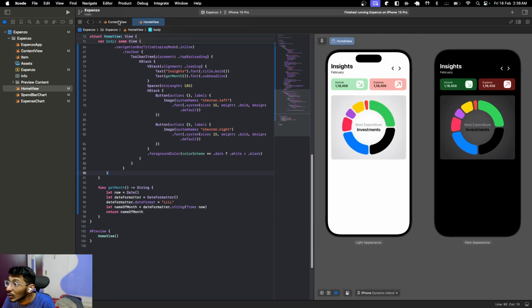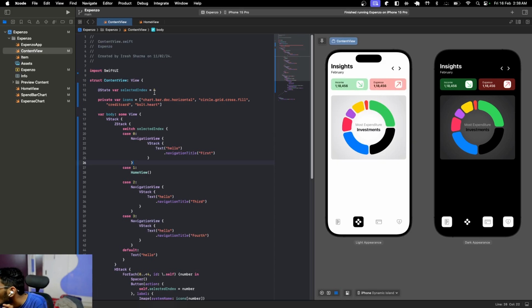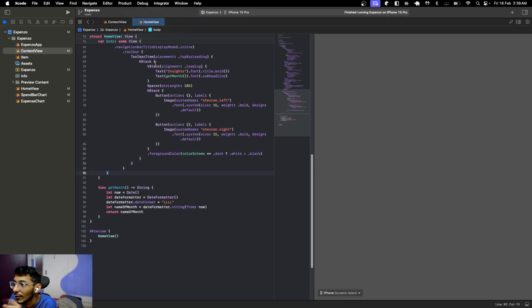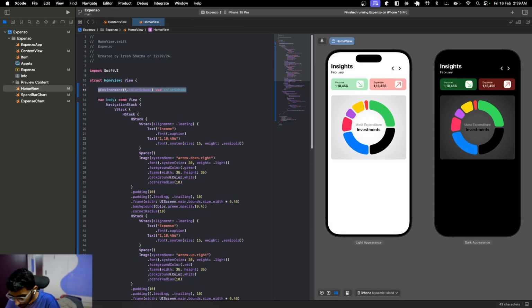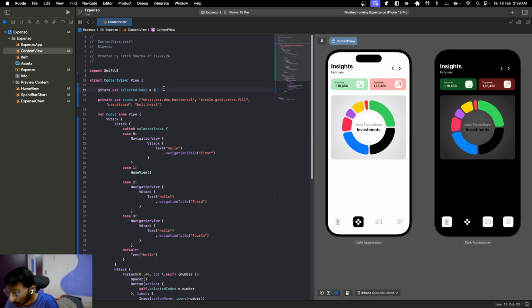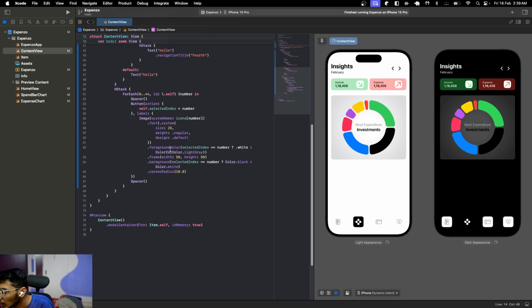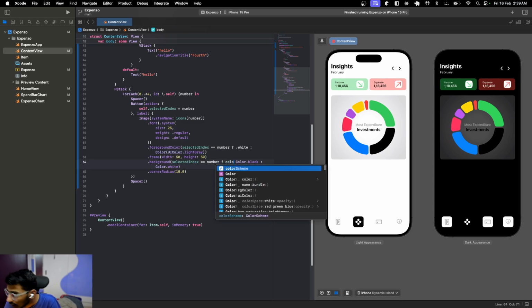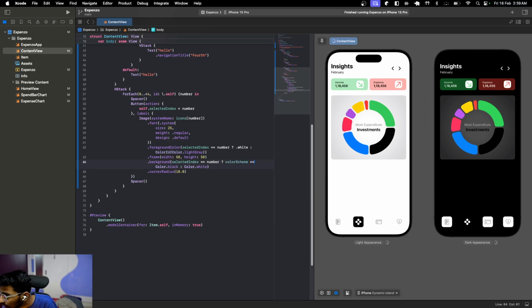So what I want to do now is go to content view. That's the home screen of the application. And yeah, you see this. This is a problem. And this problem can be solved from the knowledge I just got. Let's go all the way down here and pull this. And then let's do a color scheme equal dot dark. Actually, no, I should not do that. Let's extract this to